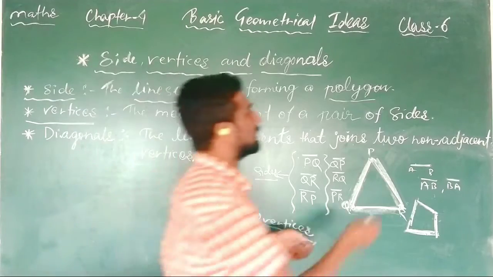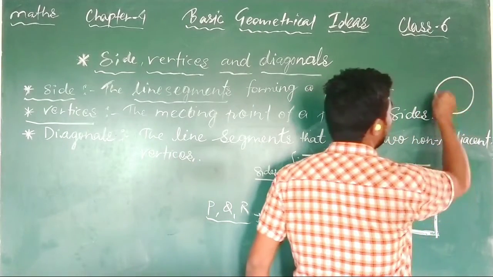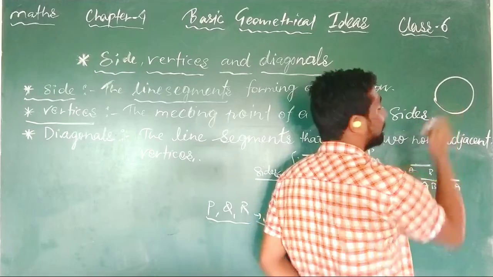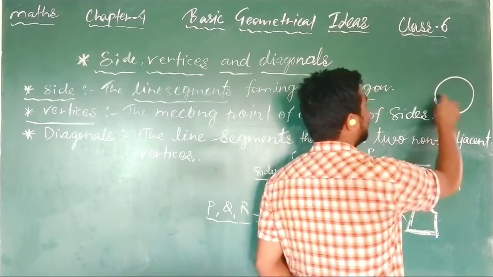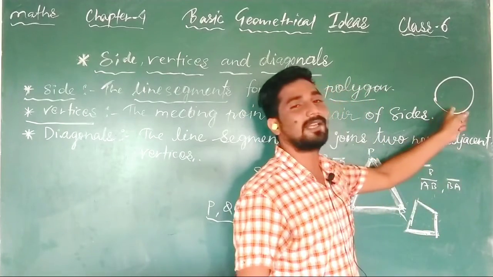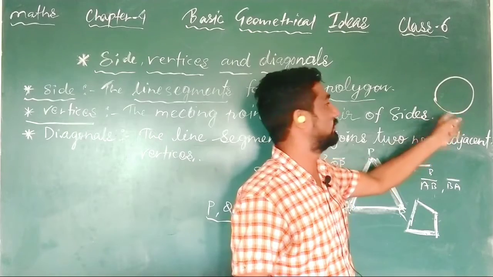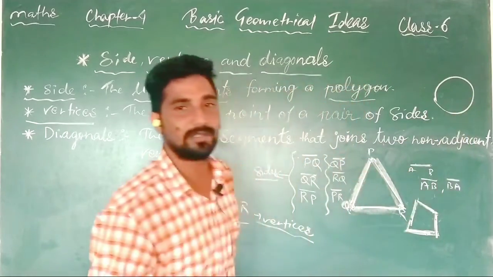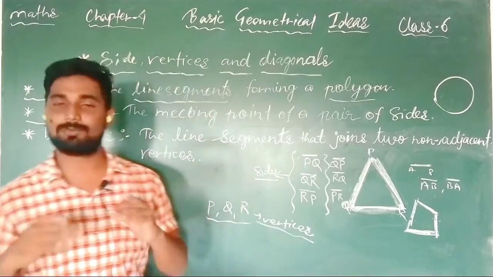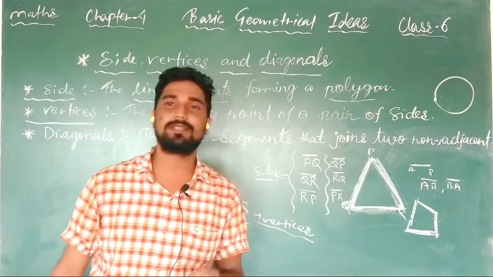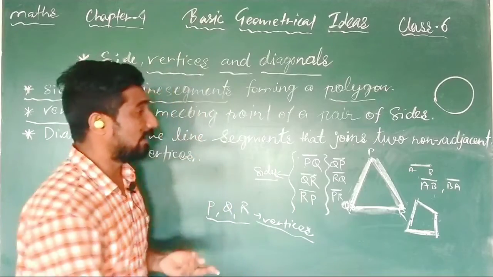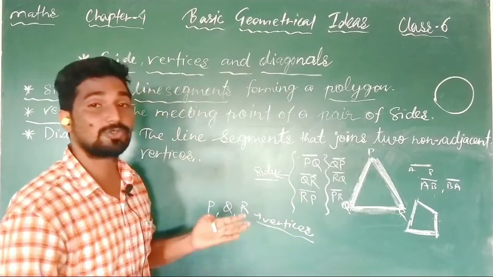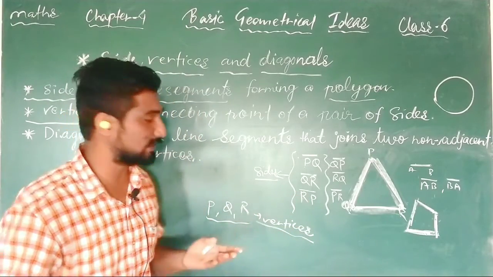A circle is not made by line segments, and it's not a polygon either, it's a curved figure. You must know this. Why is it not a polygon? Because it is not made with the help of line segments, I mean to say straight lines. This is a curved line. So this is not a polygon, and in this picture a vertex is not there. So if it is a polygon, then vertices will be there. If it is not a polygon, then there is no need to say. It is not like that that non-polygons may have vertices.